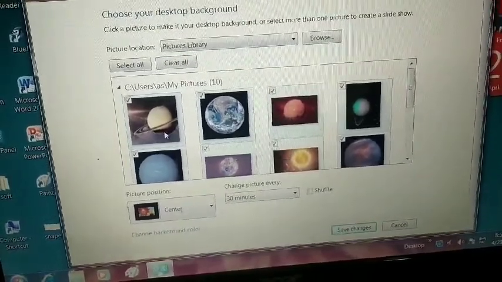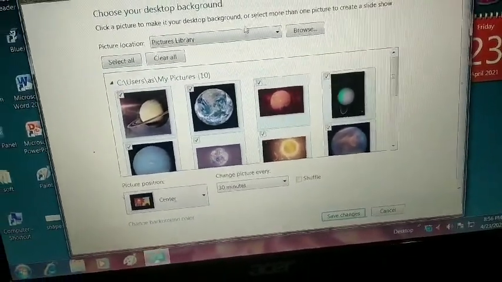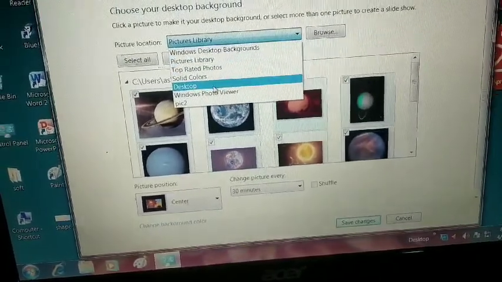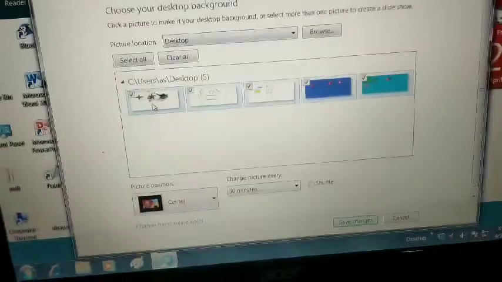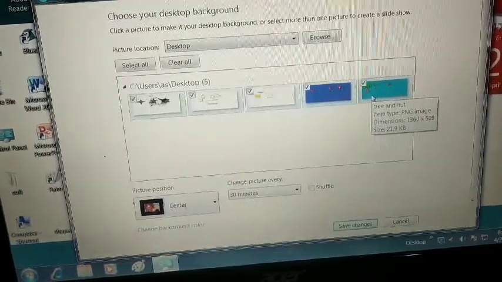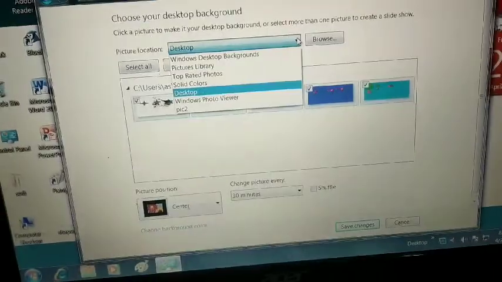Understood? And if you select desktop, these are pictures which I drew in MS Paint to describe how to do drawing. So different options are there.